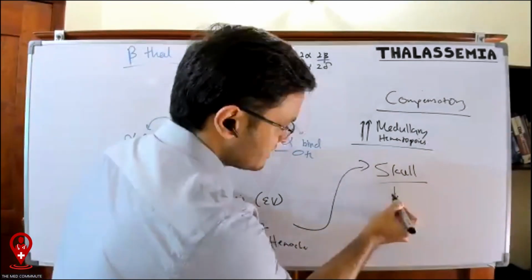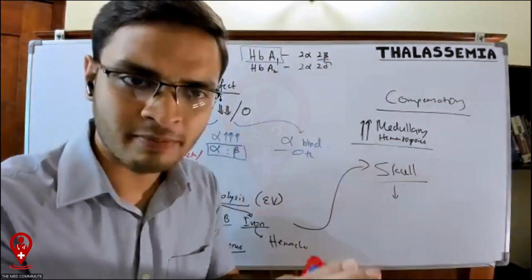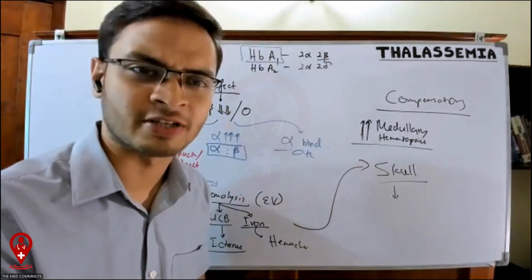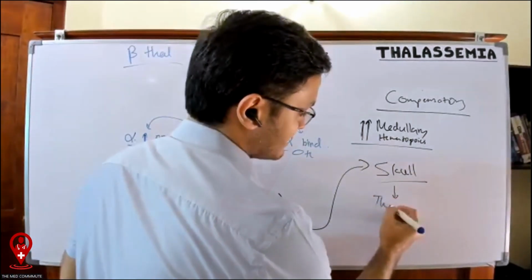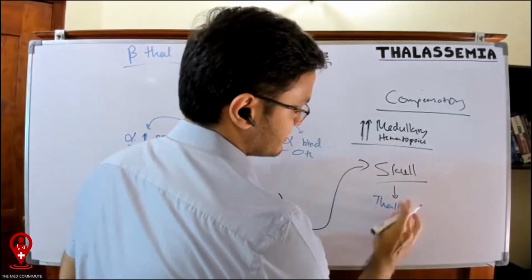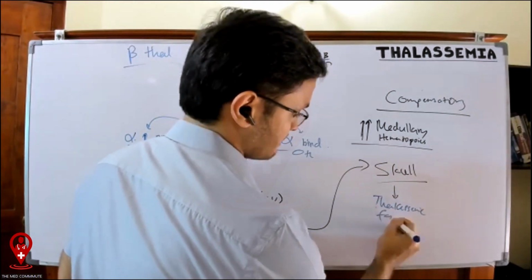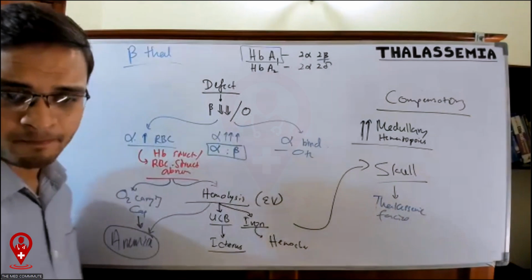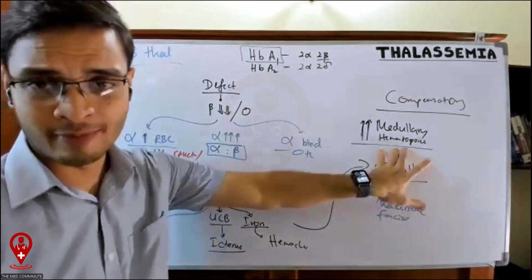When that happens, guys, we will see some clinical features. The skull bones start expanding. They start expanding because they are doing a job that is not in their description. They are not used to it. So they start expanding. We are going to see what we call the thalassemic facies. That is one. The next thing, that is when we talk about medullary hematopoiesis,